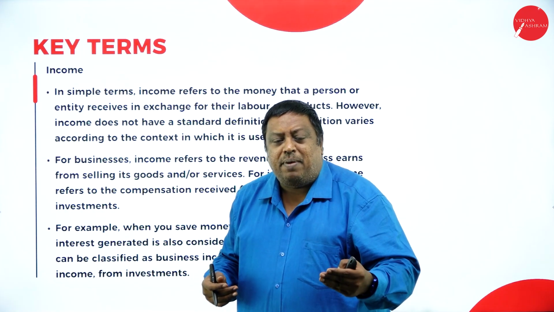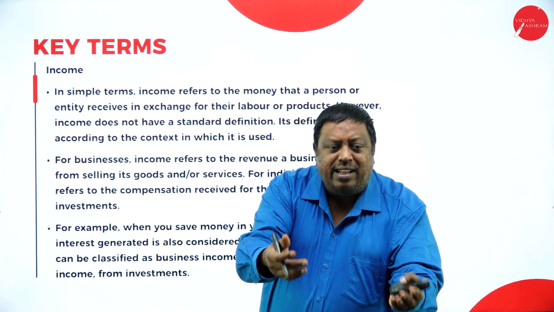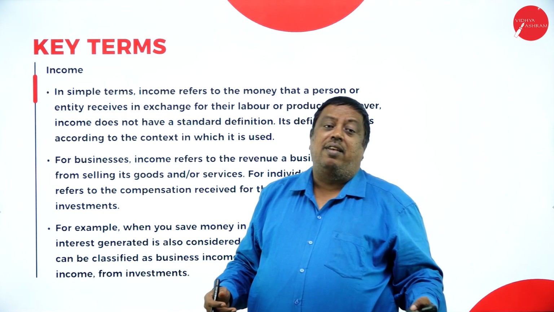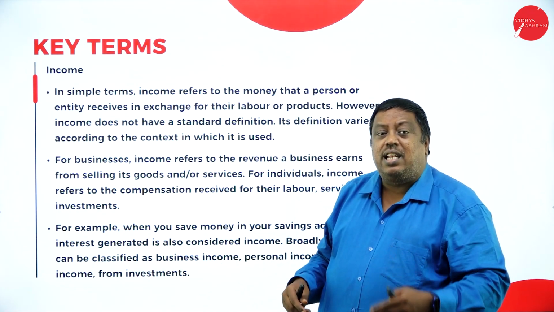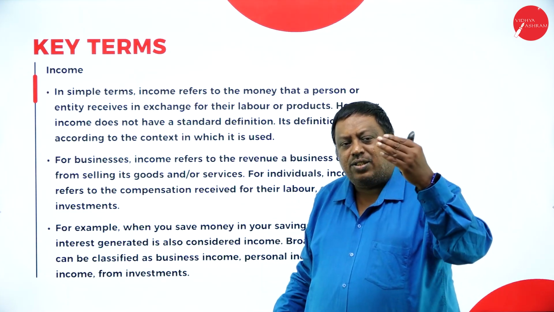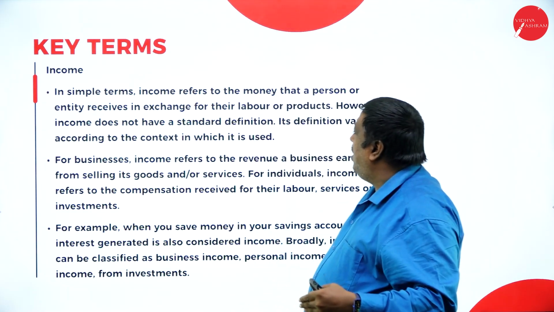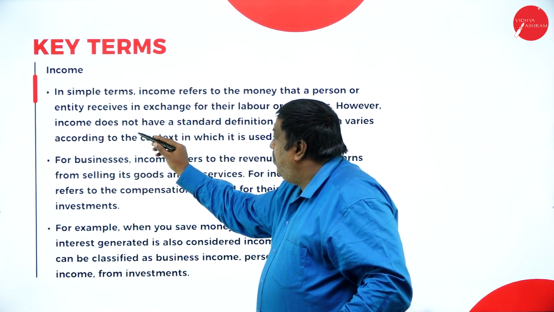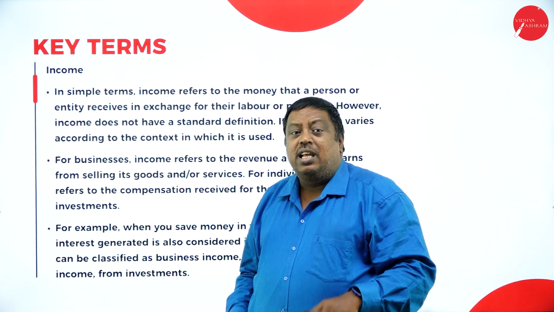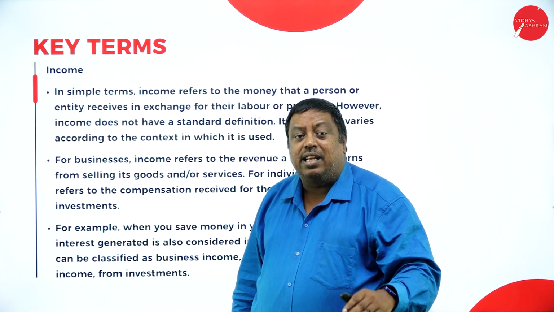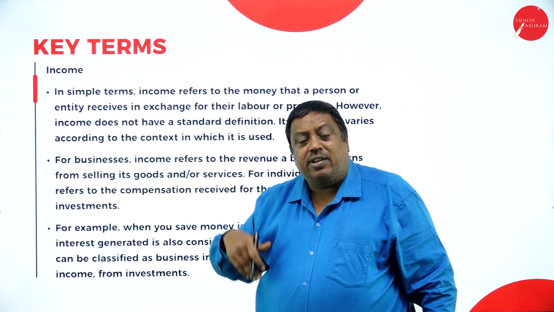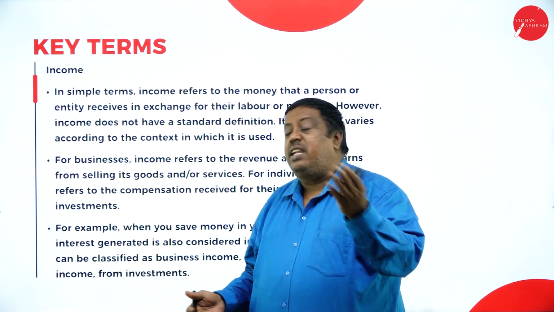And the business people, they're selling the product and they're receiving the money. That is the income. In a simple language, to understand that, when we sell any product to others, when they give the money to us, that is called an income, what we are earning from that. However, income does not have a standard definition. They're saying that when we don't have the standard definition for the term income, that is the reason I said, if I sell any product and whatever the amount I received, that is an income. It may be anything here.